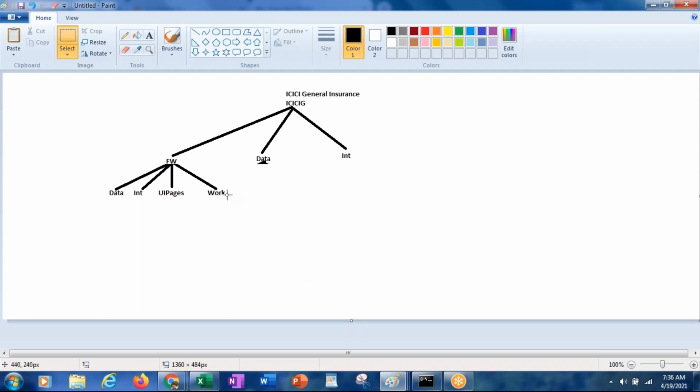But here mainly we have to remember work and data till now. Okay, till now we covered work. Work means it is where exactly it is creating the work classes. Okay, work objects or the cases are created under the work class. Now what is this data? Data means the user information which we are giving is called data. Okay, the user information which we are giving, like Ramu or Kumar, and again his details we are entering, that is called the data. Okay, so that data, if you want to create, you can create under this particular class.